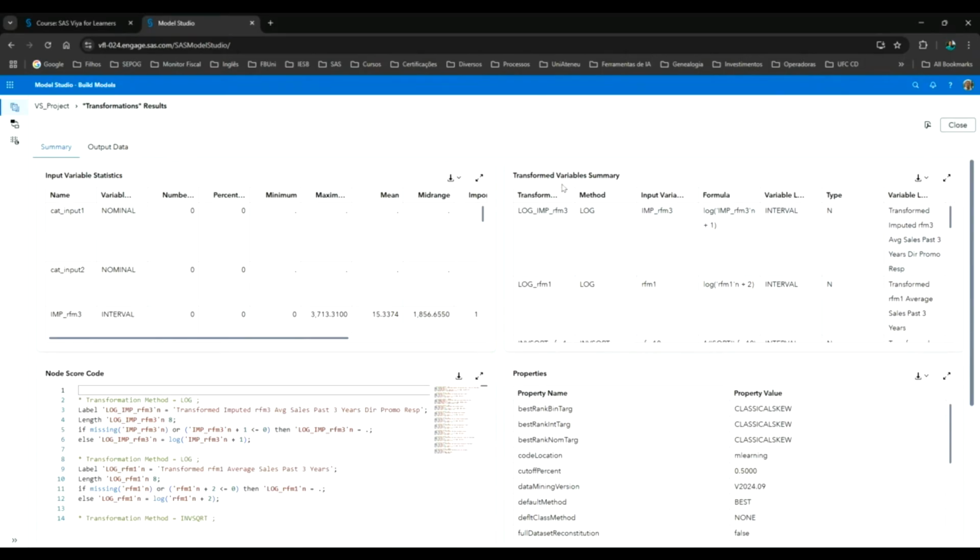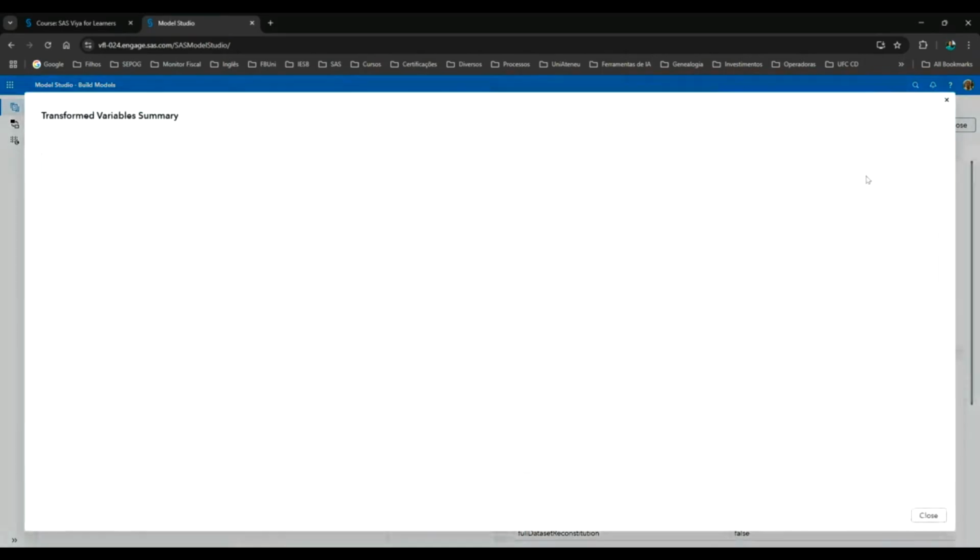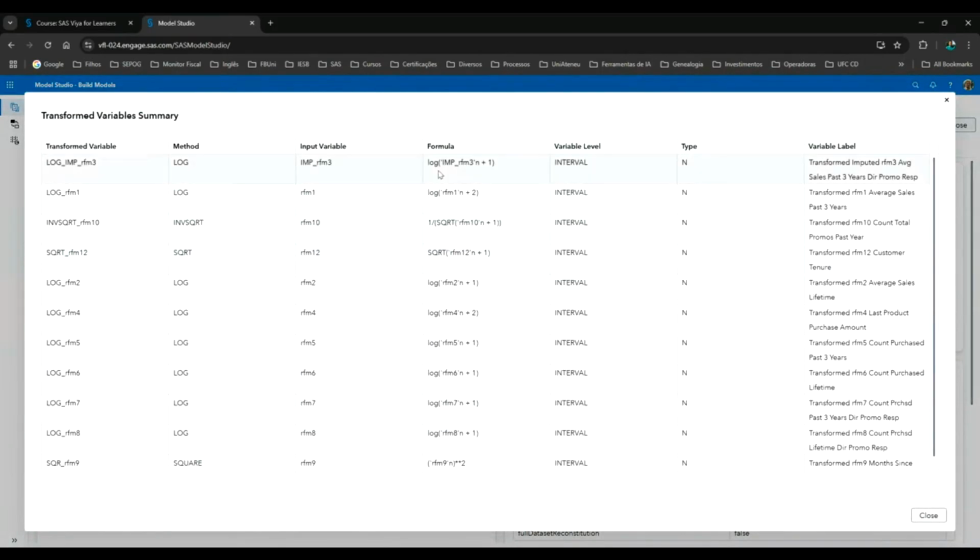Oh my God, a lot of transformed variables. Log, inverse of SQRT. Okay, but even this, we can track the original variable, because this is a transformation one by one.